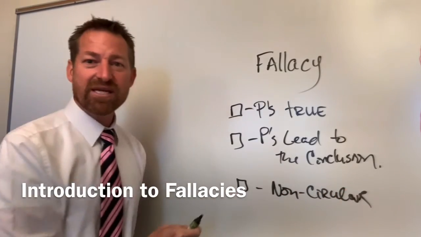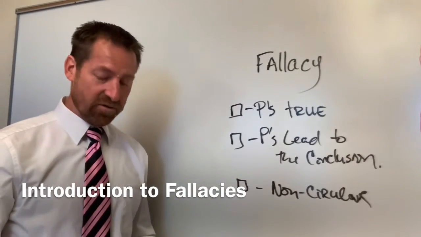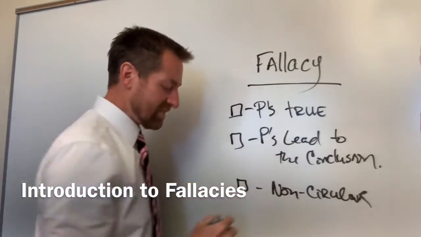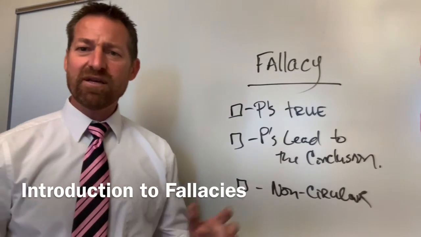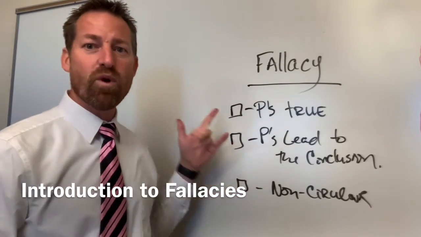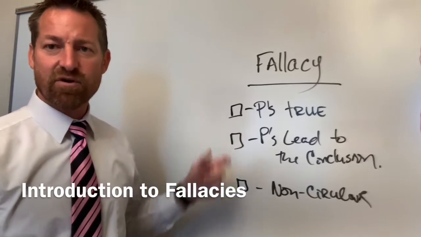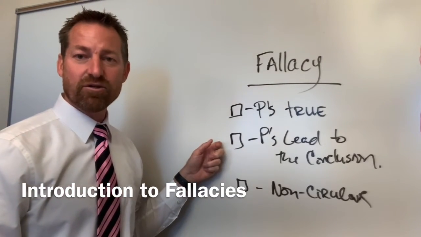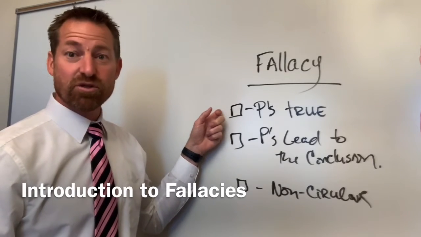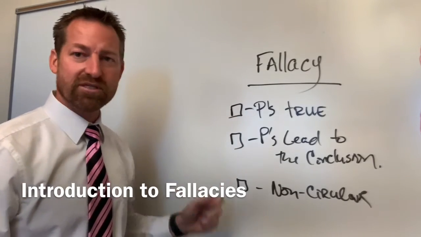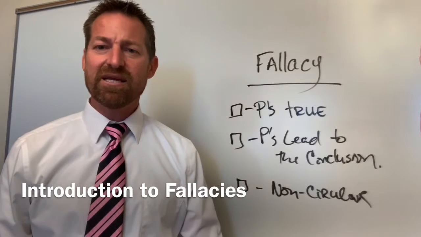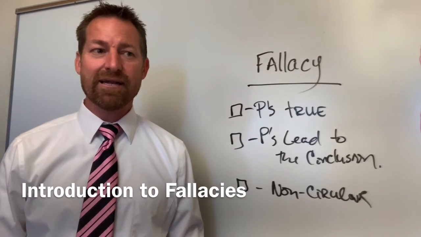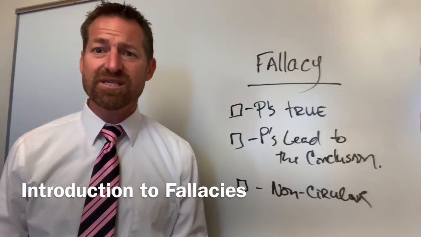So it's really these three considerations, usually one of these two, that are at issue for every fallacy. So you may have had a class before that studied fallacies, but every issue that you run across will be one of these, as far as the flaw that's occurring. It's either failing to have premises that lead to the conclusion, or it's failing to use a true premise, or it's circular. Now, the reason we study these is because there are certain errors that happen pretty regularly in people's reasoning that are similar in type.